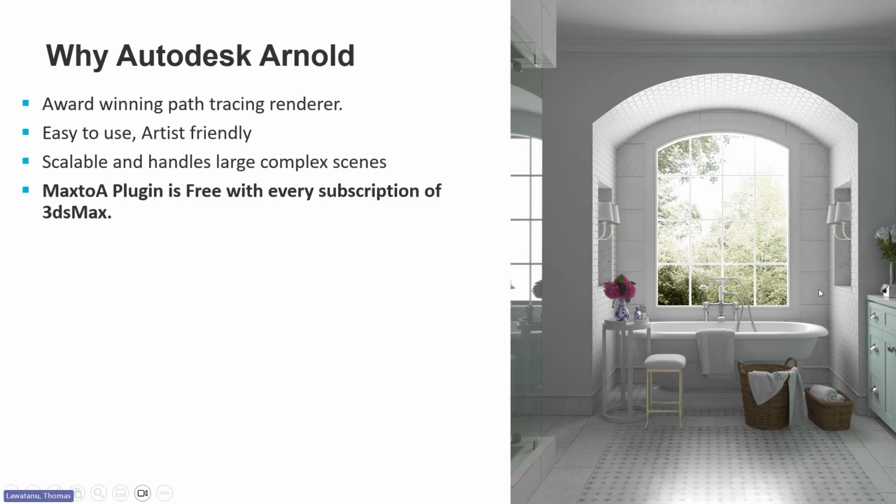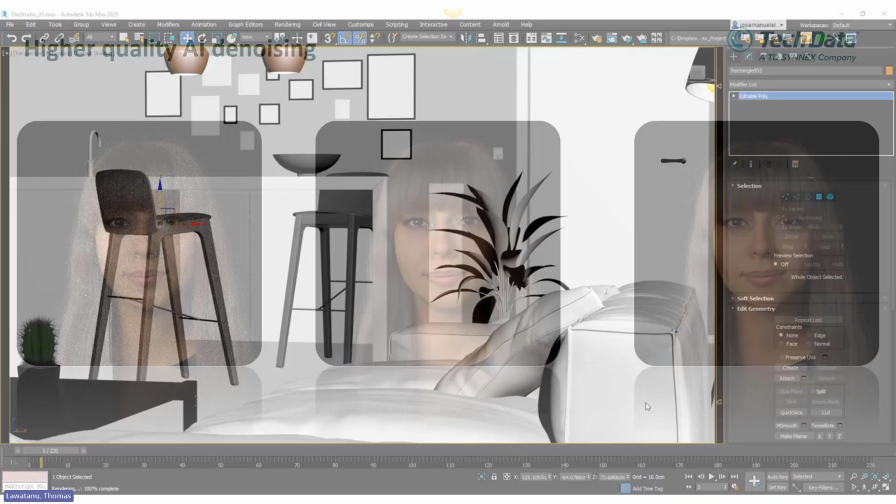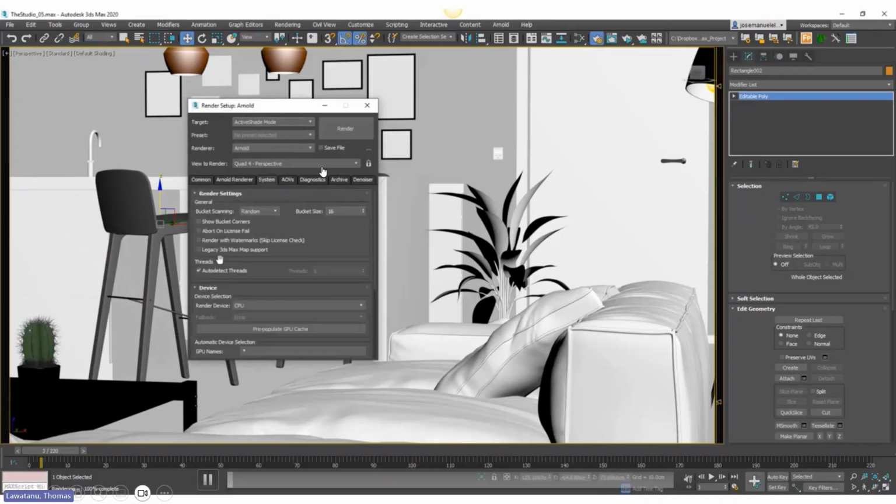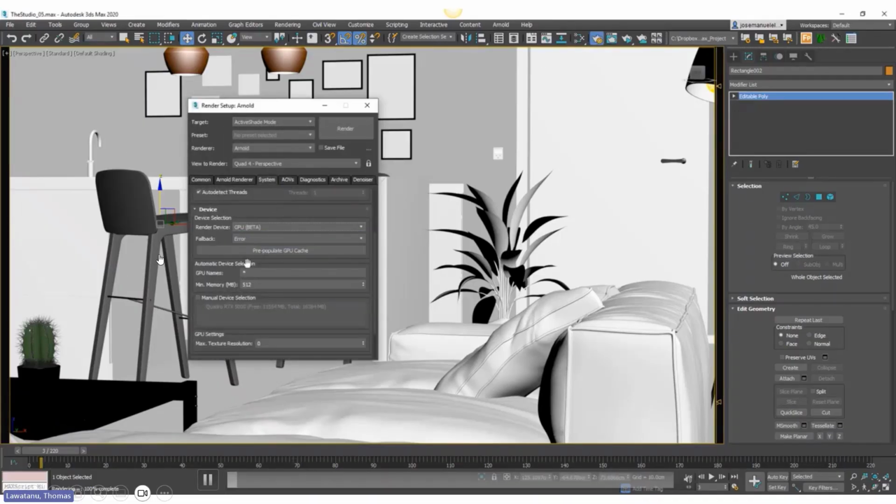This is an example, the winner, I think four years ago, three years ago, I forgot. This is the winner, an interior render with Arnold. They support GPU. I think this is the old one from 2020, five years ago.